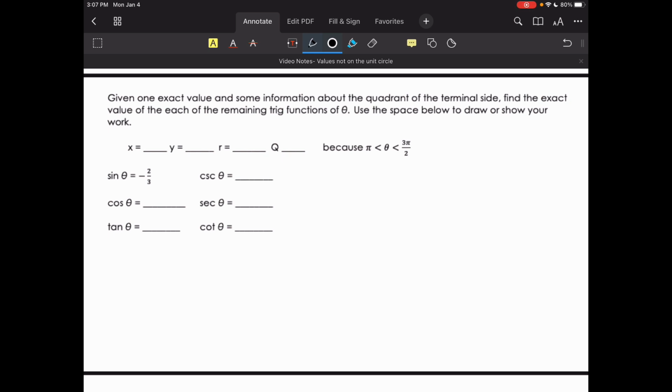So let's first start by breaking down the trig function it gives me. So it gives me sine of theta equals negative 2 over 3. So that means that the y is negative 2 and the r is 3. And I don't know what x is, so I'm going to have to find the x using the Pythagorean theorem. So x squared plus 4 equals 9. Subtract the 4 over,